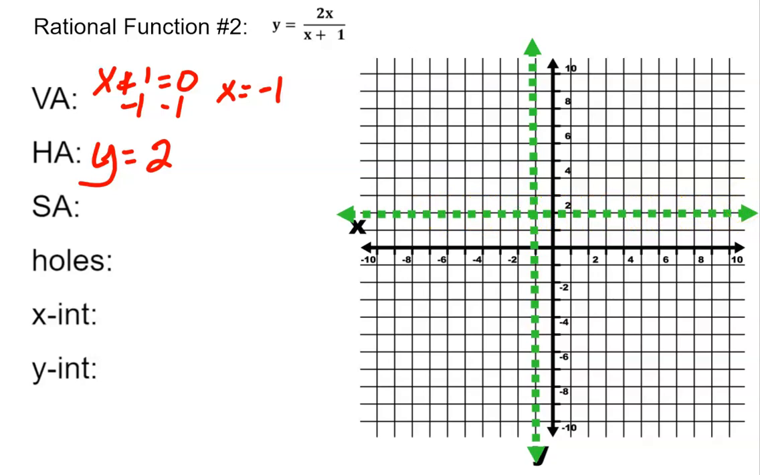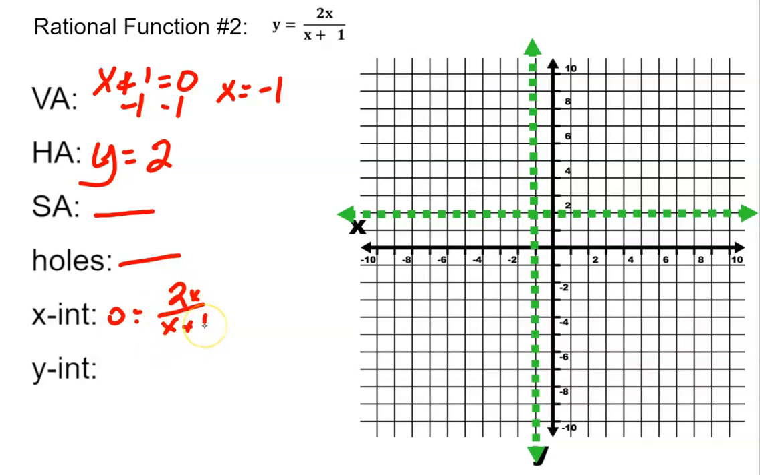Because I have a horizontal asymptote, I'm not going to have a slant asymptote, also known as an oblique. And therefore I will not have a hole as well. Now the x-intercept. To find the x-intercept, y would have to be 0. So if I put 0 in for y in my function, I'm now going to have 2x divided by x